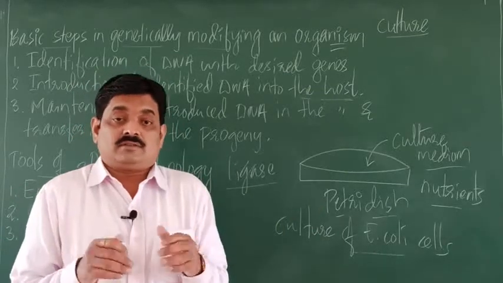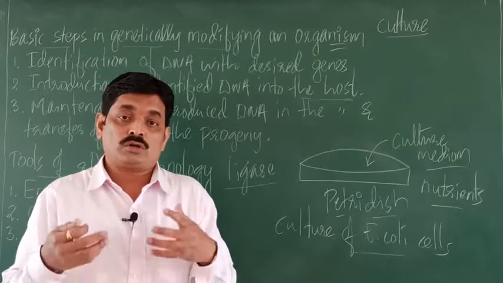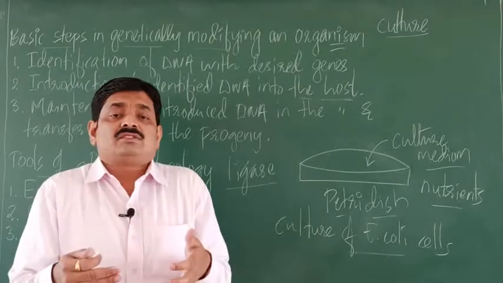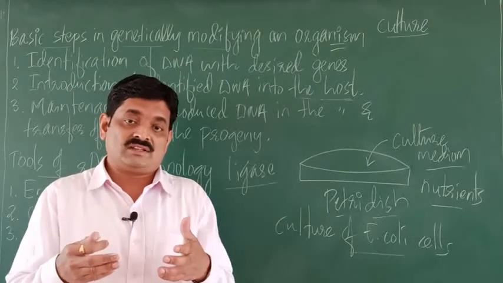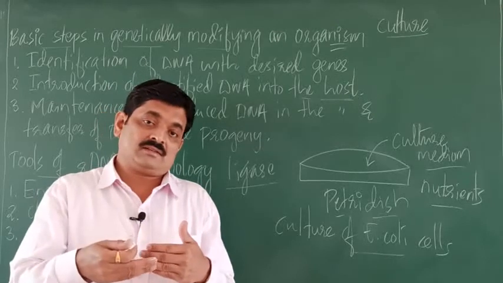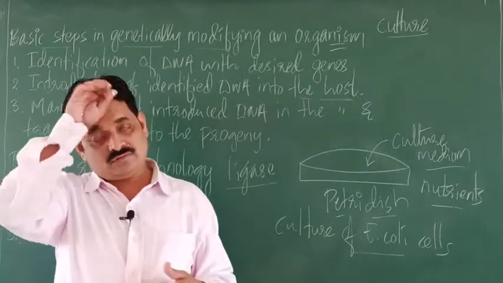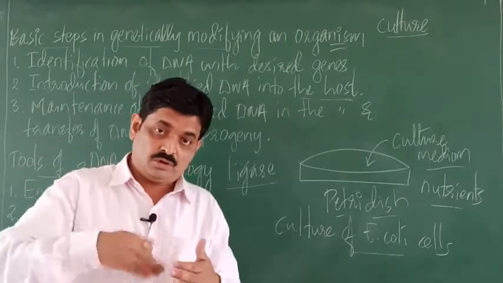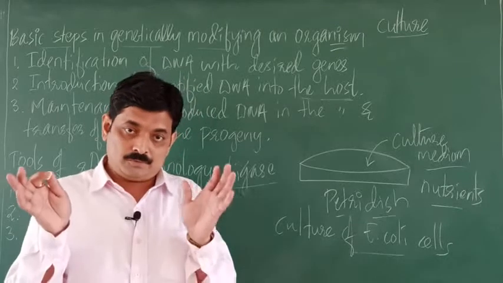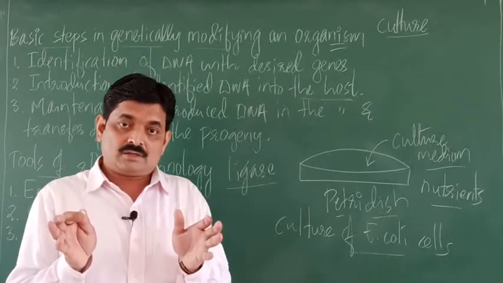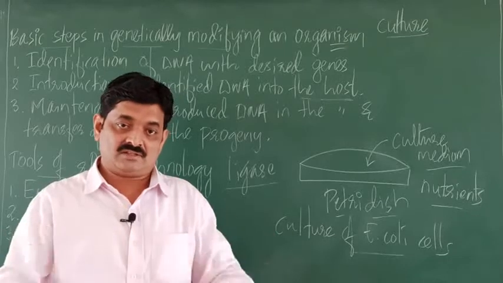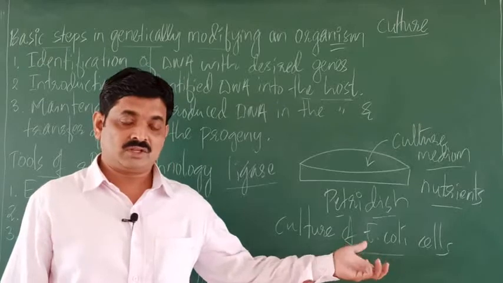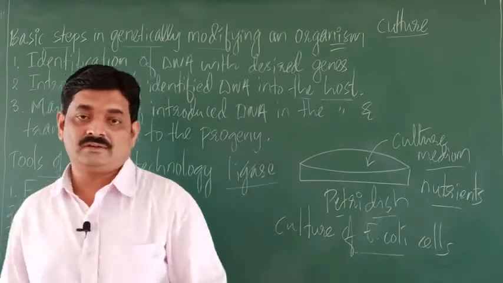Now these E. coli cells obtain nutrition or food or nutrients present in the culture medium, and in this culture medium these E. coli cells reproduce. One E. coli cell divides to produce 2 E. coli cells, 2 divide to produce 4, 4 produce 8, 8 produce 16, 16 produce 32, 32 produce 64, they go on dividing. So in that culture you get many E. coli cells. This is called the culture of E. coli cells, right? So that is the last step here.